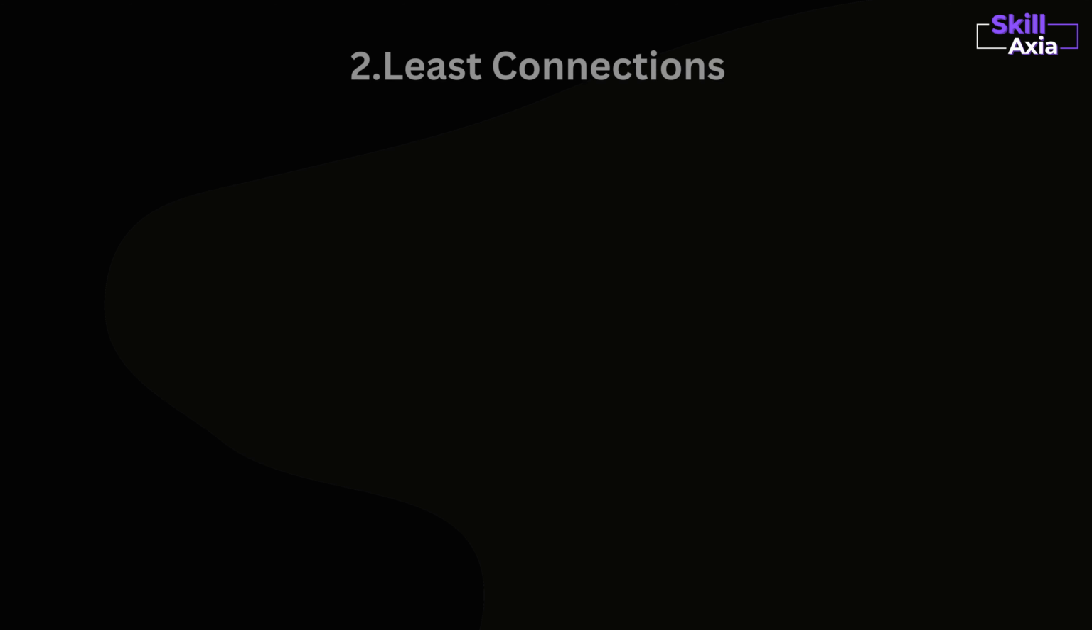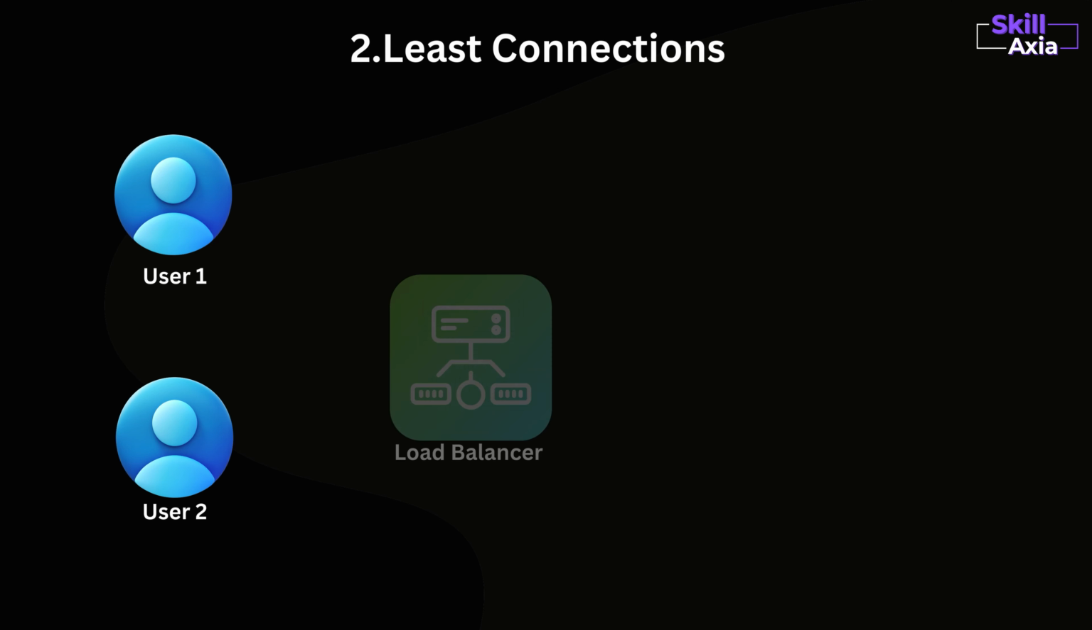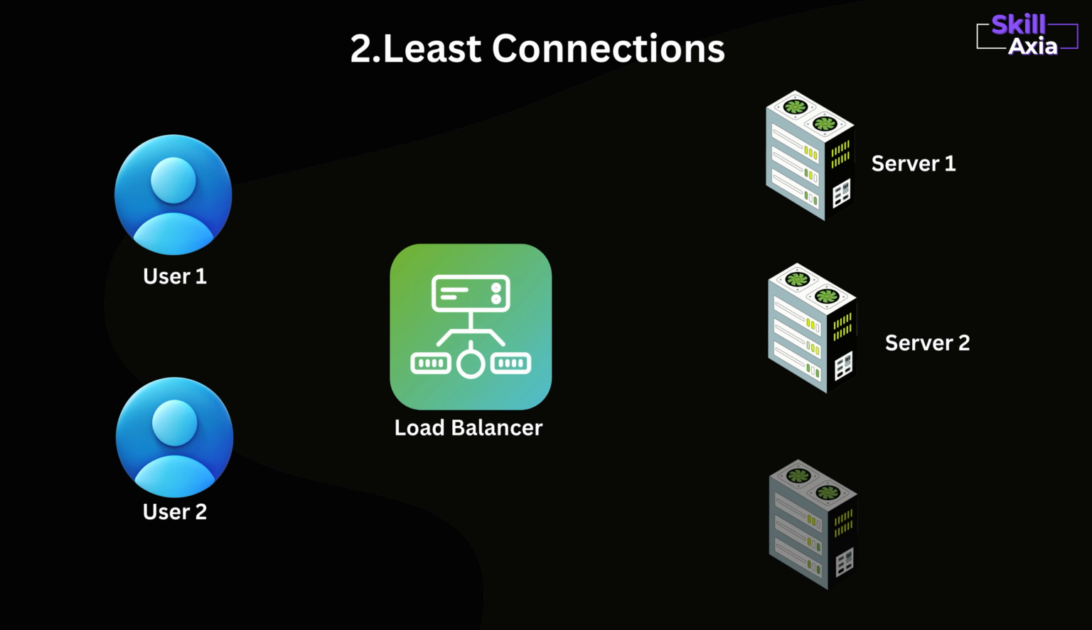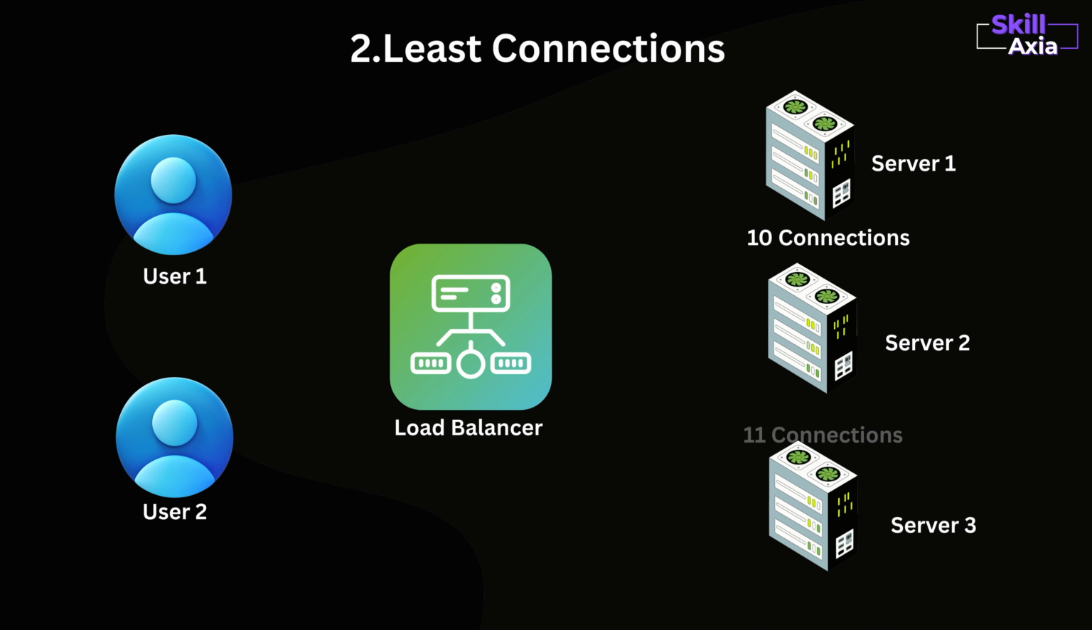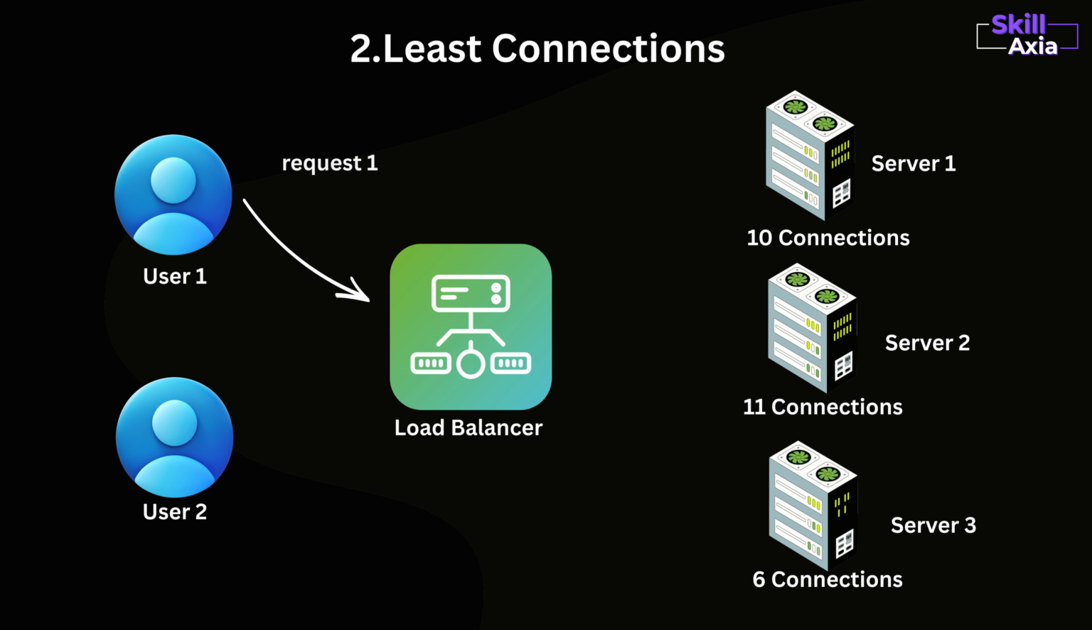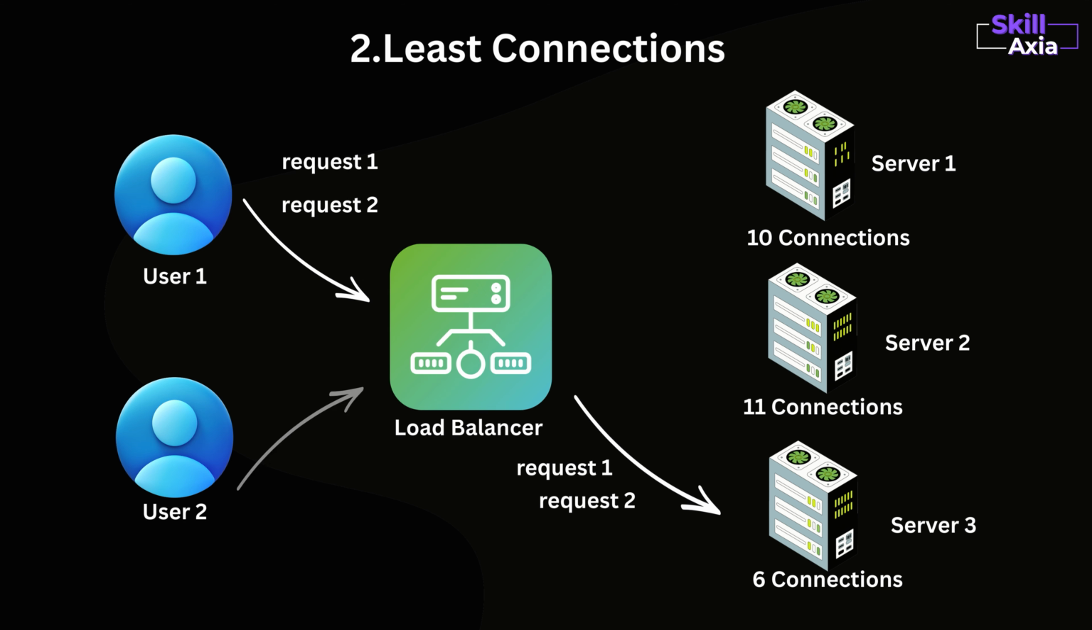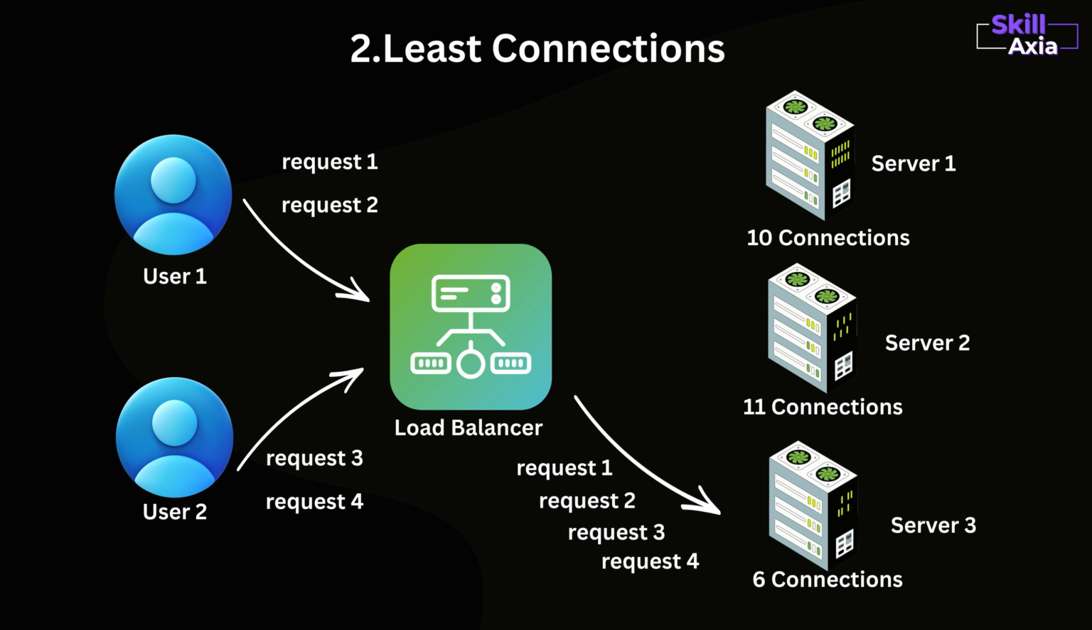server load. Least connections algorithm routes traffic to the server with the fewest active connections at the moment. For example, if server 1 has 10 active connections, server 2 has 11 active connections, and server 3 has 6 active connections, new requests are sent to server 3. This method is ideal for applications where session durations vary, as it dynamically balances load based on real time server